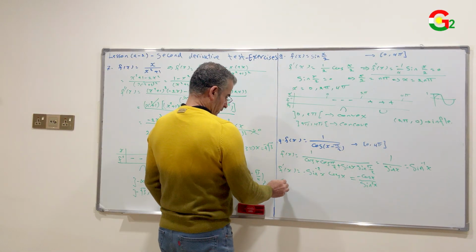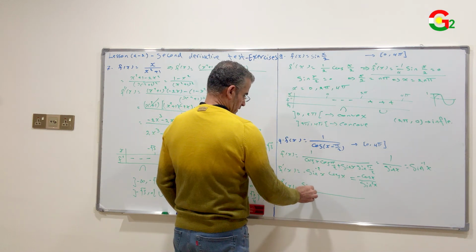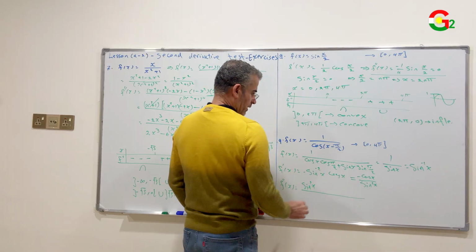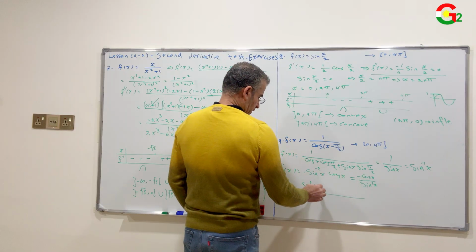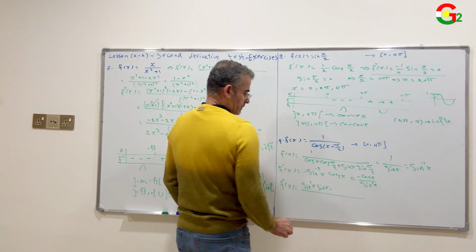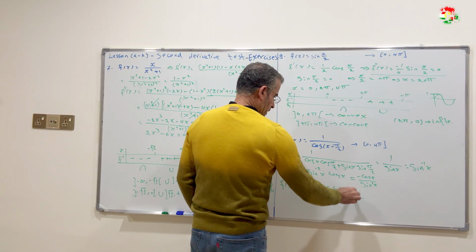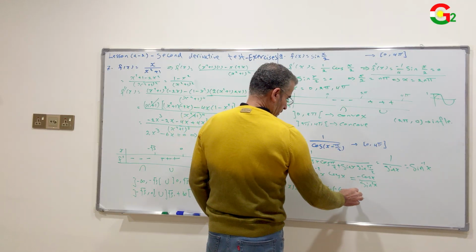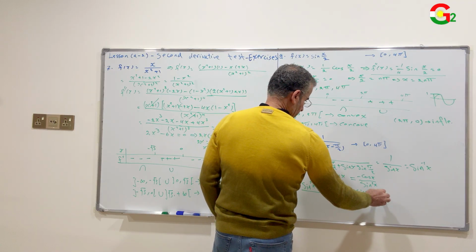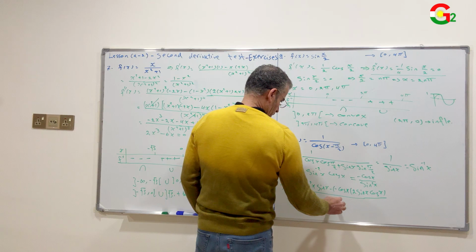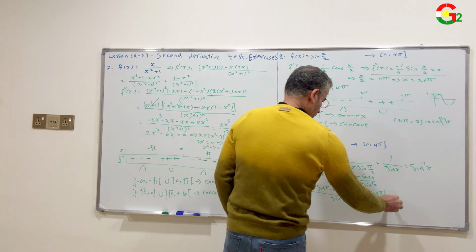The second derivative of this function, f double prime of x equal to the denominator sine square x times the derivative of the numerator, negative sine x times negative sine x, minus the numerator negative cosine x times the derivative of the denominator 2 sine x cosine x, over the denominator square, sine power 4x, equal to